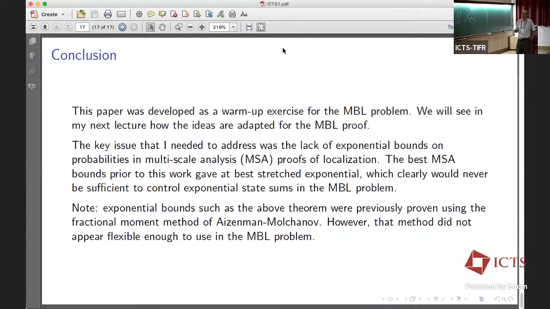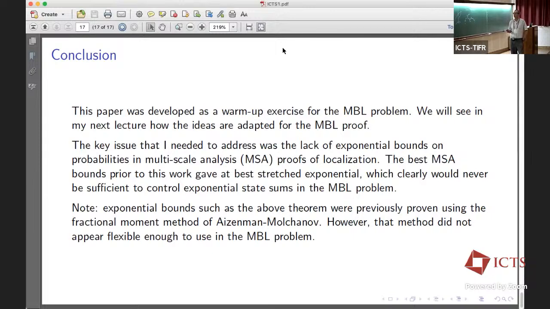Okay, so let me conclude this discussion by reiterating that this is basically a warm-up exercise for the MBL problem. And so I'm going to defer to the next lecture how these ideas need to be adapted in the MBL proof. But let me just reiterate what I've said earlier, that what I need to address in this paper,